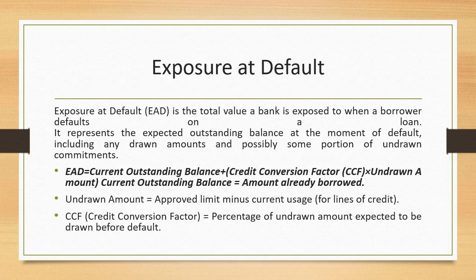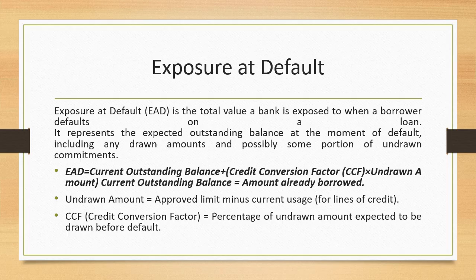Having looked at probability of default, we move to the next concept, which is called exposure at default. If you recollect, in the beginning we had seen that there are four key data points that we need. One, PD, second LGD, third EAD, fourth maturity. So we have discussed PD, we have now come to EAD, or exposure at default. Exposure at default is the total value a bank is exposed to when a borrower defaults on a particular loan. So if you take a loan,